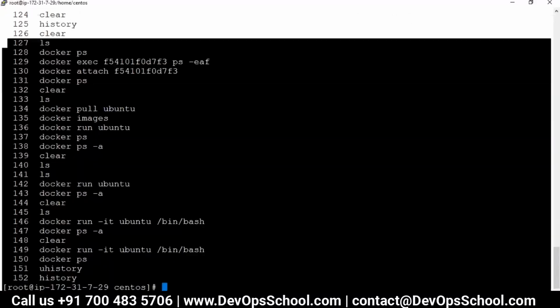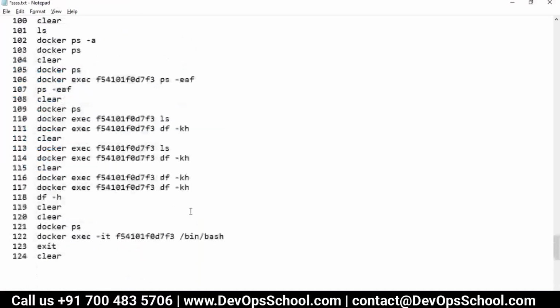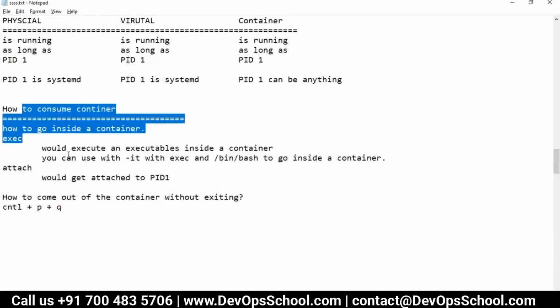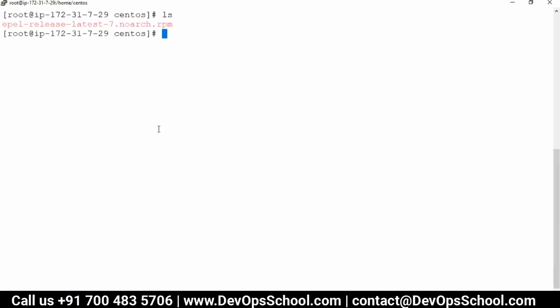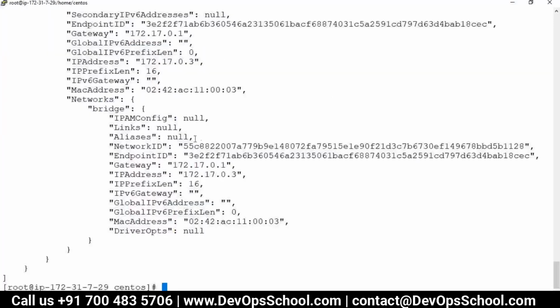Now let's move on to the next topic. See what we did so far. I have to access the container from outside. So how do we access? There is a container in docker ps. I want to access this container from outside because Jenkins is a web-based application. So docker inspect with the container ID. When I inspect, I get the IP address also. Many information you should read one by one slowly, but right now my focus is getting the IP address.